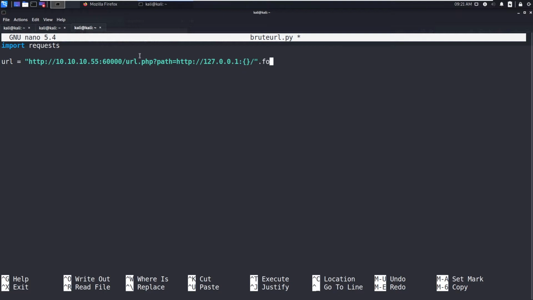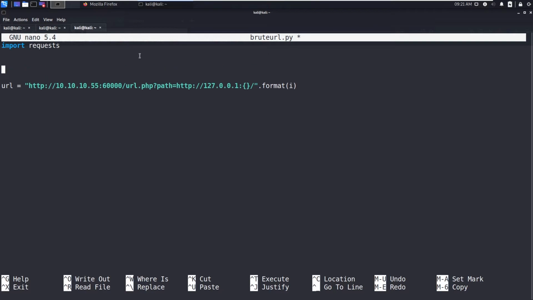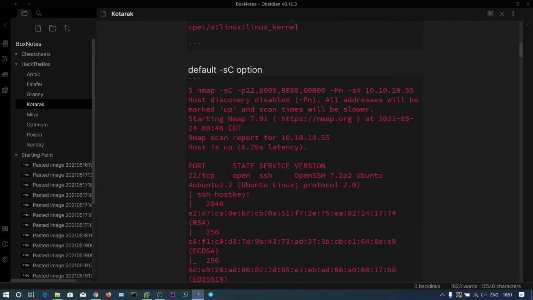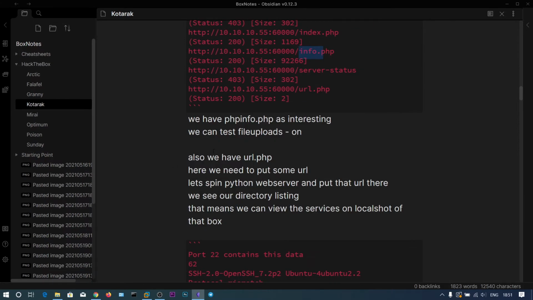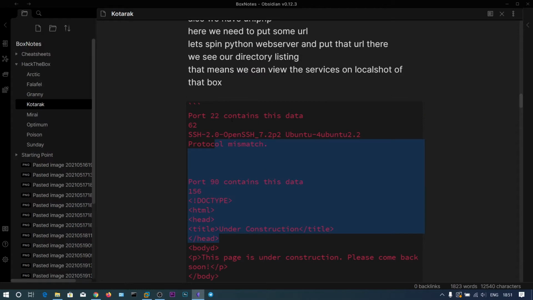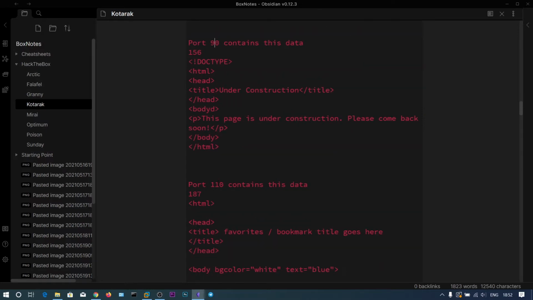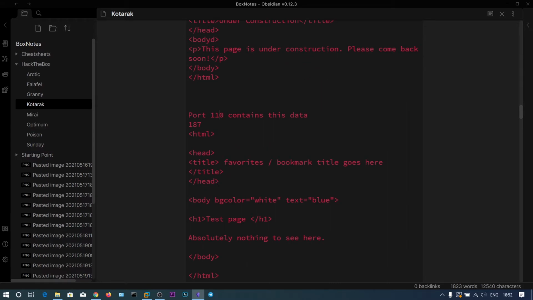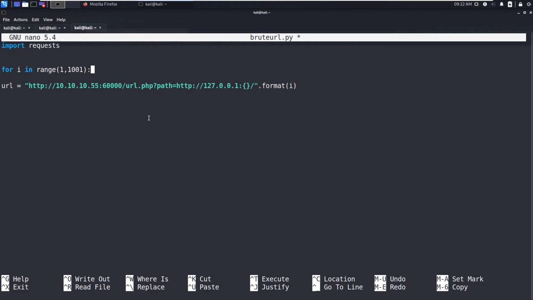So you need to brute force, for i in range of let's say 1 to 1000. Because I brute forced this one, that's why it took so much time in Python. So here we will get this data. There are a few services, 22, 90, 110, that are local services running on the box. Okay, so 1 to 1000 should be enough.